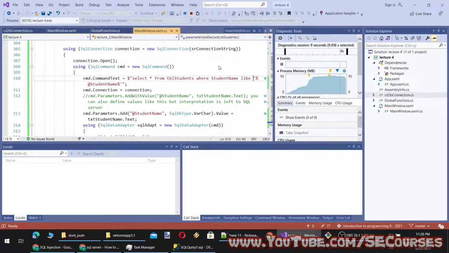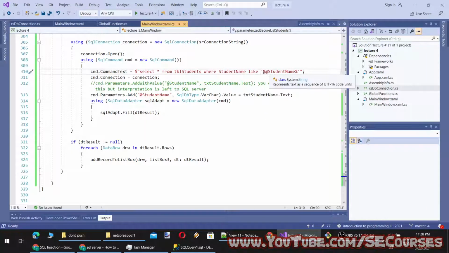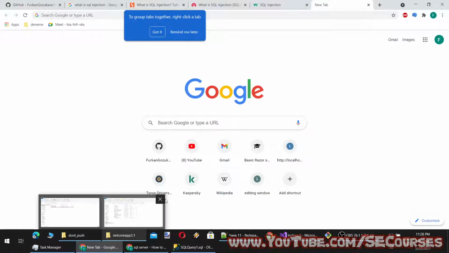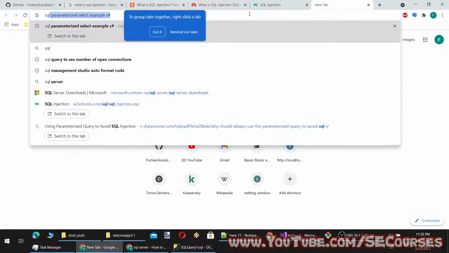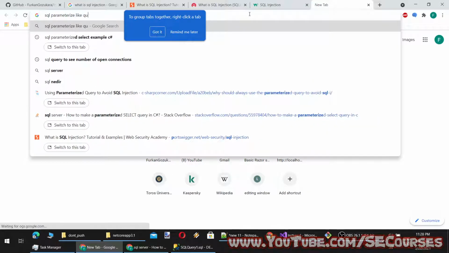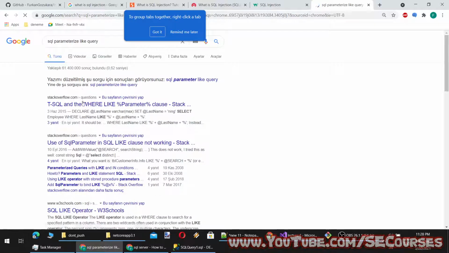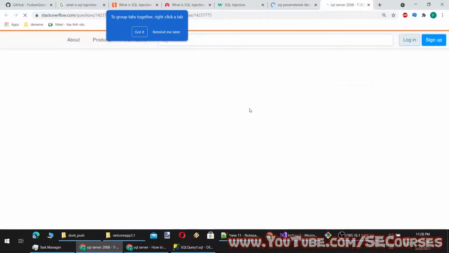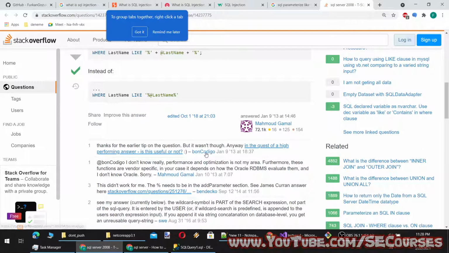okay, there is still some problem. When we are writing the like query, how was it? Okay, let's check it out. SQL parameterized like query. Like queries are somewhat different.